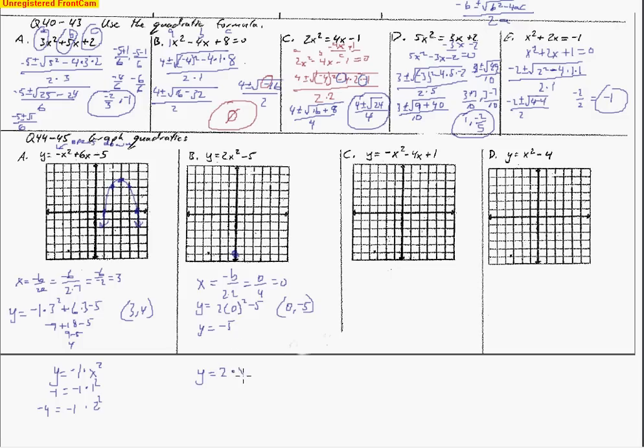2 times x squared this time. So when you square 1 times 2, you go up 2 spaces. So over 1, up 2. And then if you go over 2 spaces, you square that, you get 4 times 2 gives us up 8. So over 2, up 8 spaces, put us here and here. And then you go ahead and draw the graph. Notice that this one opens up because it's a positive x squared. So opens